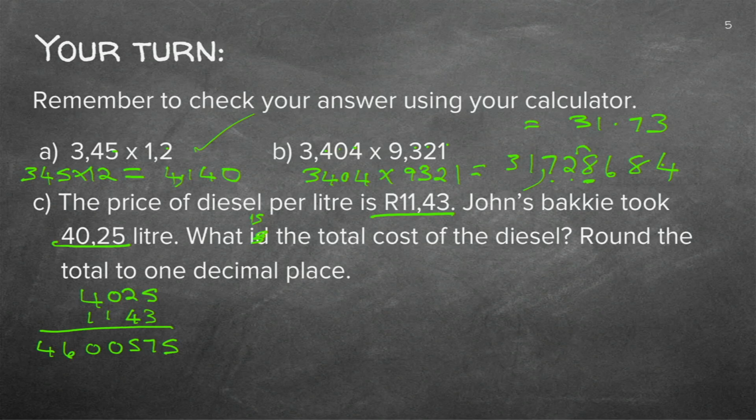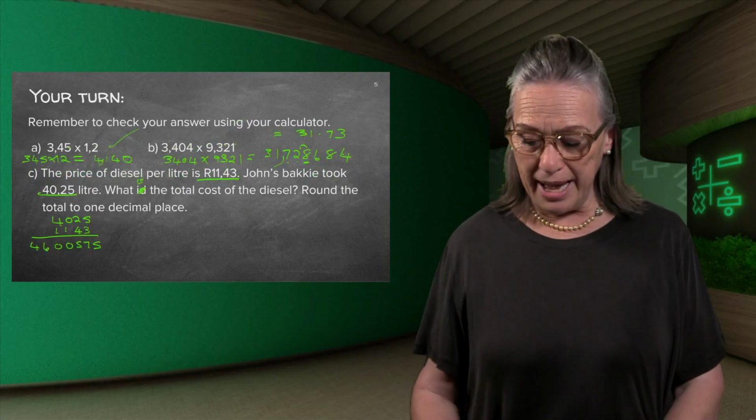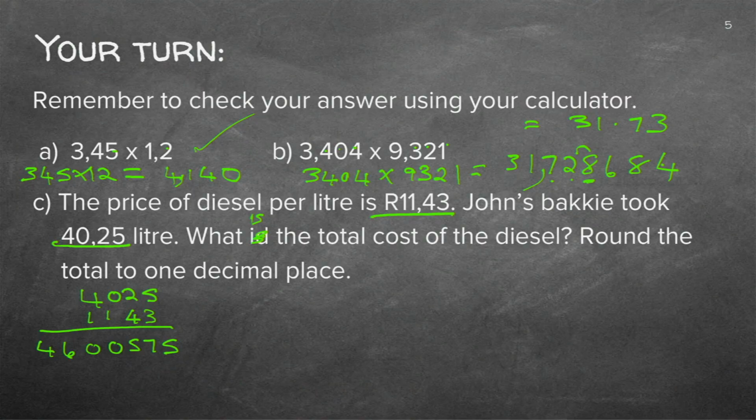You can pause and do it yourself. Please do that. It will be so much fun to see if you're correct. But now, what is the important thing? We have to put the decimal comma back. So we've got 1, 2, 3, 4. So we put it there. So the total cost of the diesel would be